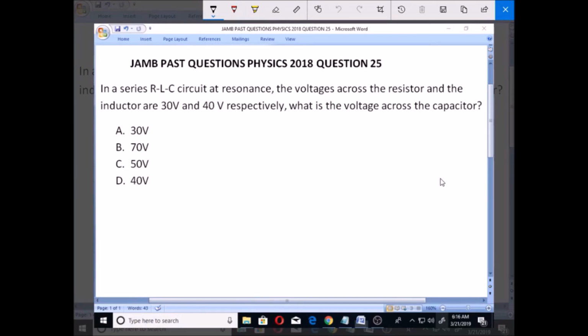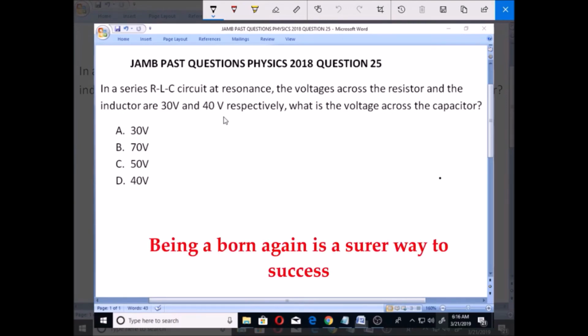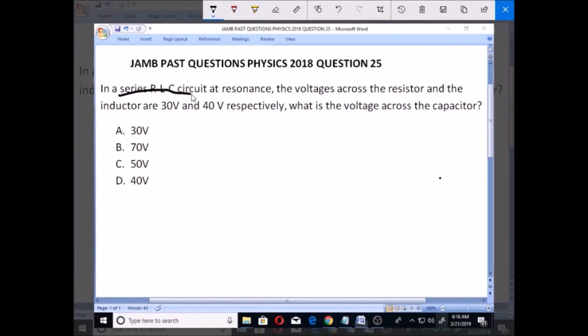Now, for us to be able to appreciate this effectively, we need to know what resonance is, so that we will know what resonance in a series RLC circuit is. What is the significance of resonance in a series RLC circuit? Now, we can confidently say that resonance occurs